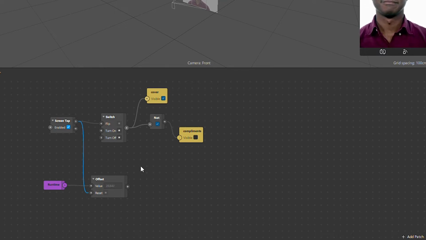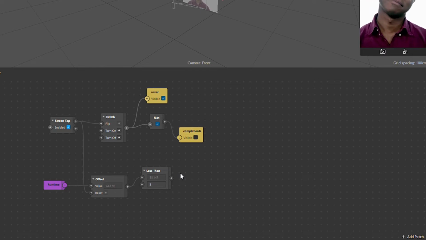Now again, right click and use a less than. You can also use a more than or less than or equal to, but I'm using a less than. And then connect the two, connect offset and less than. Okay, now you're going to enter the number, which is the amount of seconds the compliments are going to play before it stops on a random number. So I wanted to play for around 3 seconds before it stops on an answer.